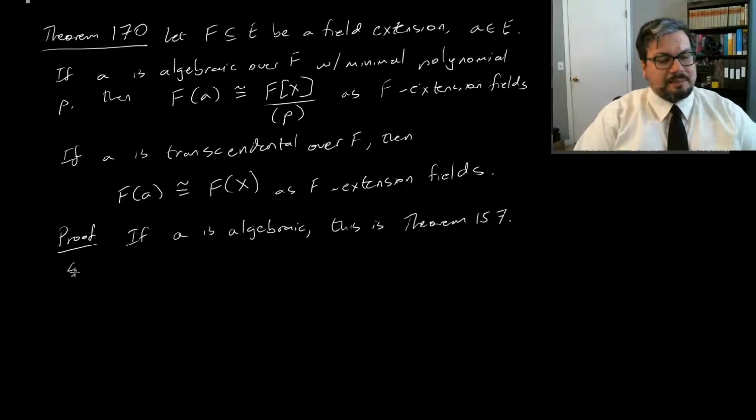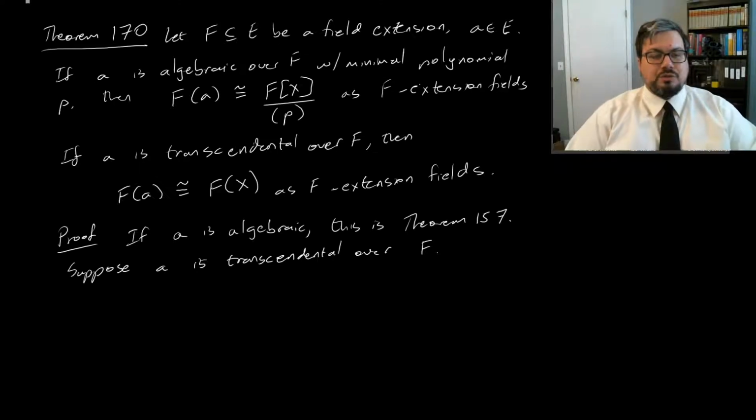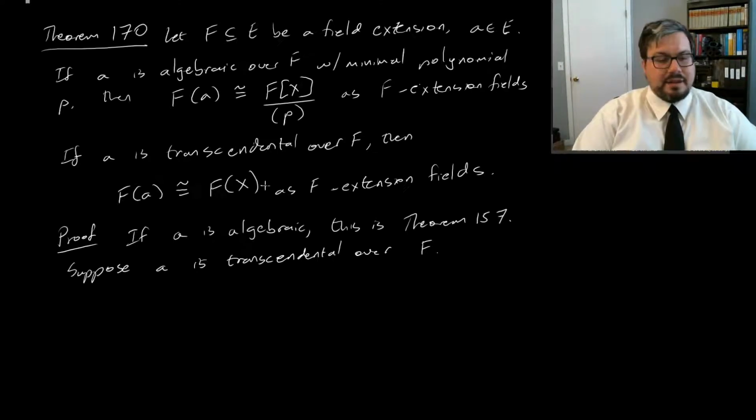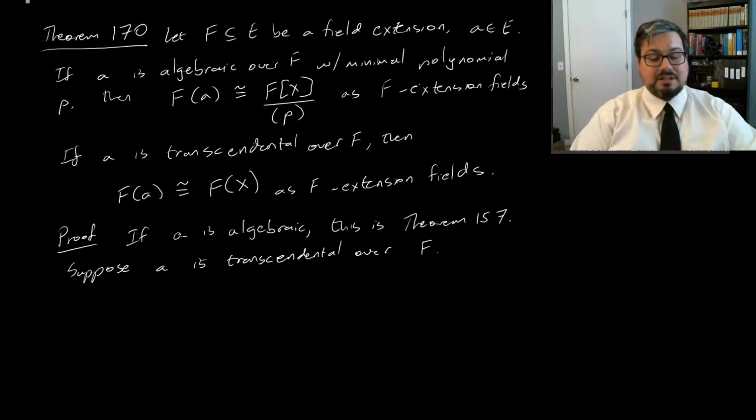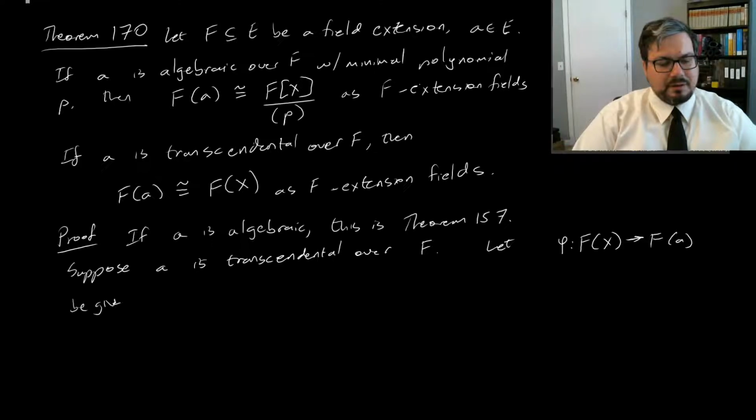All right, so let's suppose a is transcendental over F. And we're going to show that these two F extension fields are isomorphic, and so we're going to build an isomorphism between them. So let's let phi from F(x) to F(a) be given